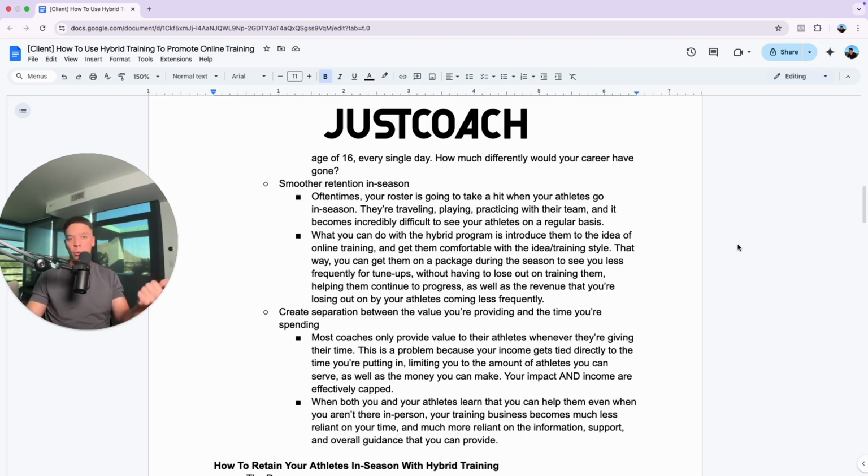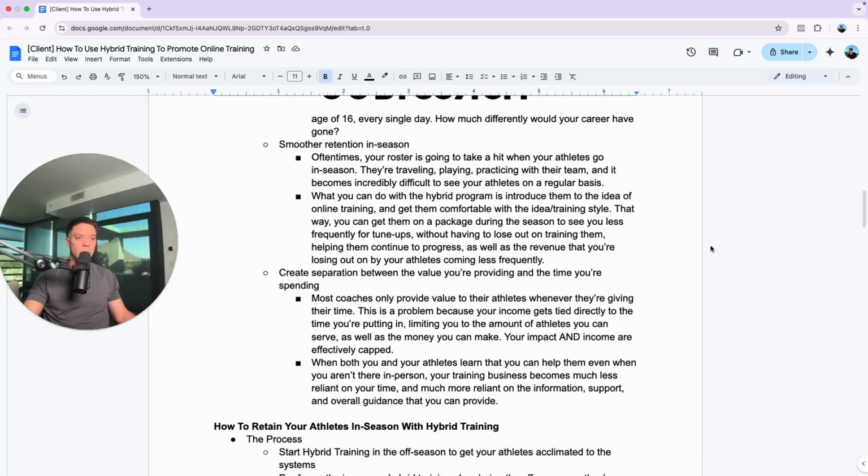Okay, you can only work with a certain amount of athletes and you can only provide them so much value and you can only make so much money, okay? And that's not what we want. We want to be able to maximize all three. You can have all three if you do this stuff, okay? And so when both you and your athletes learn that you can help them even when you aren't there in person, your training business becomes much less reliant on your time and much more reliant on the information, support, and